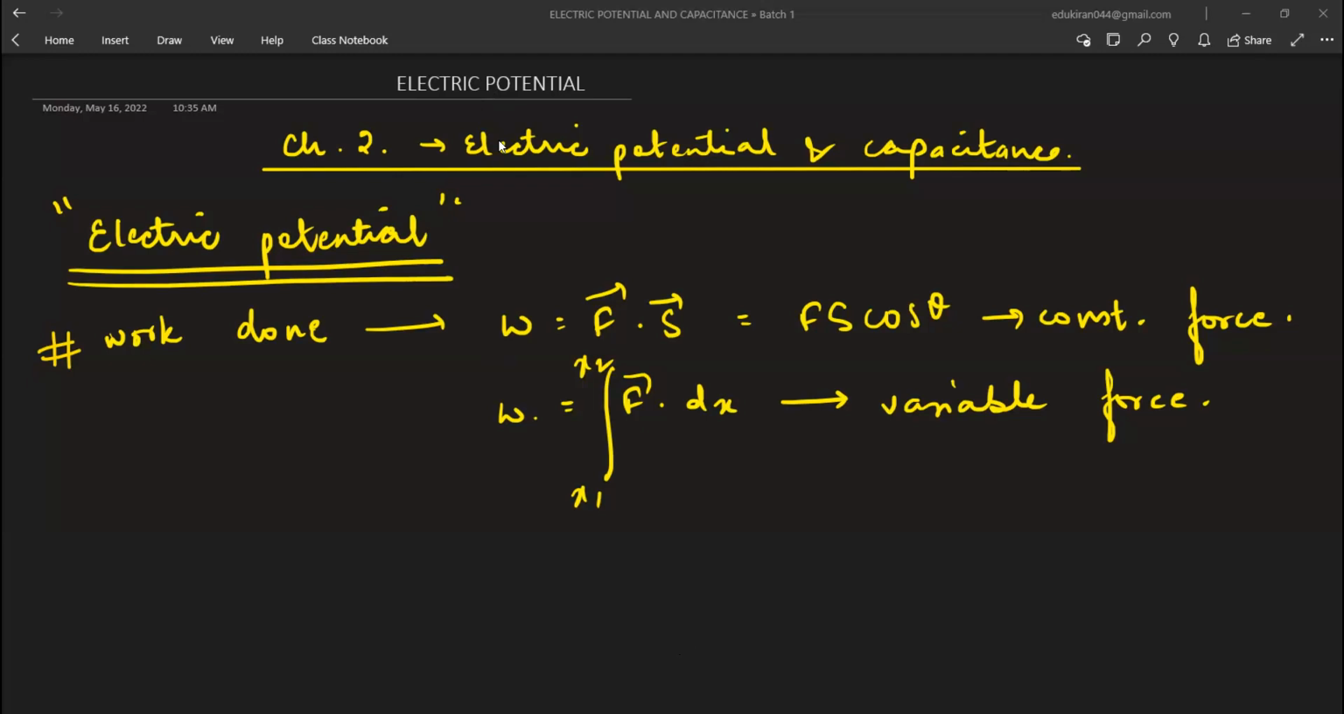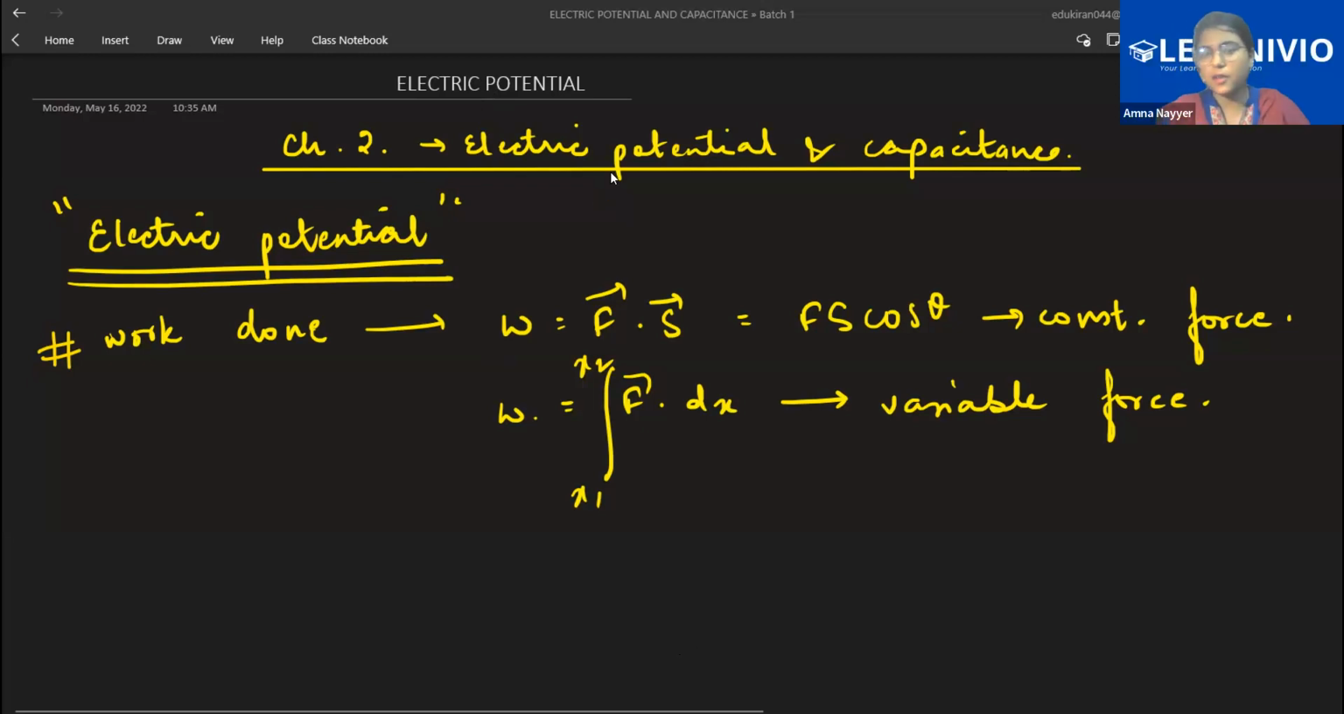See, basically, we have electric potential and capacitance now. So, electric potential is an important concept. One thing I remember, I asked Taha,